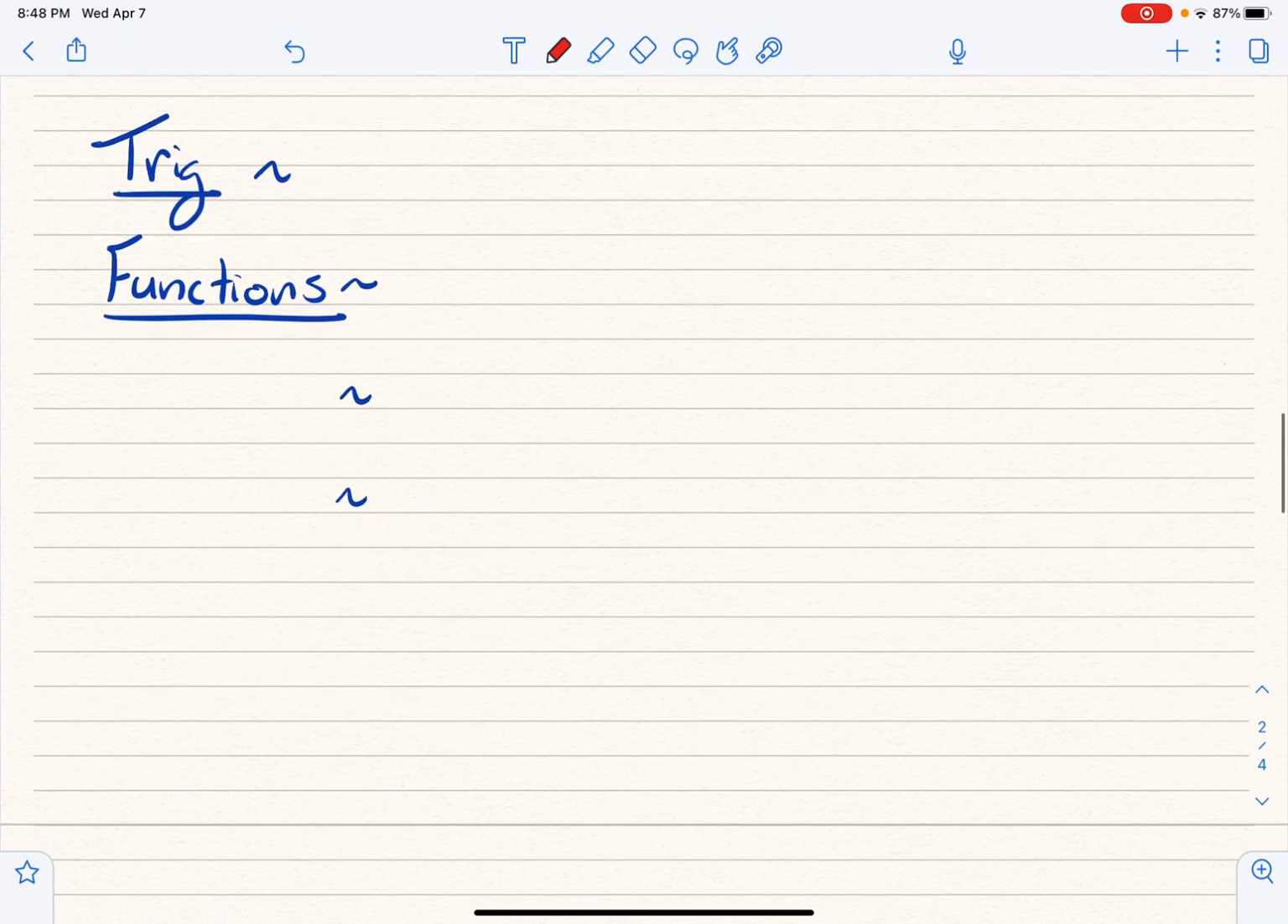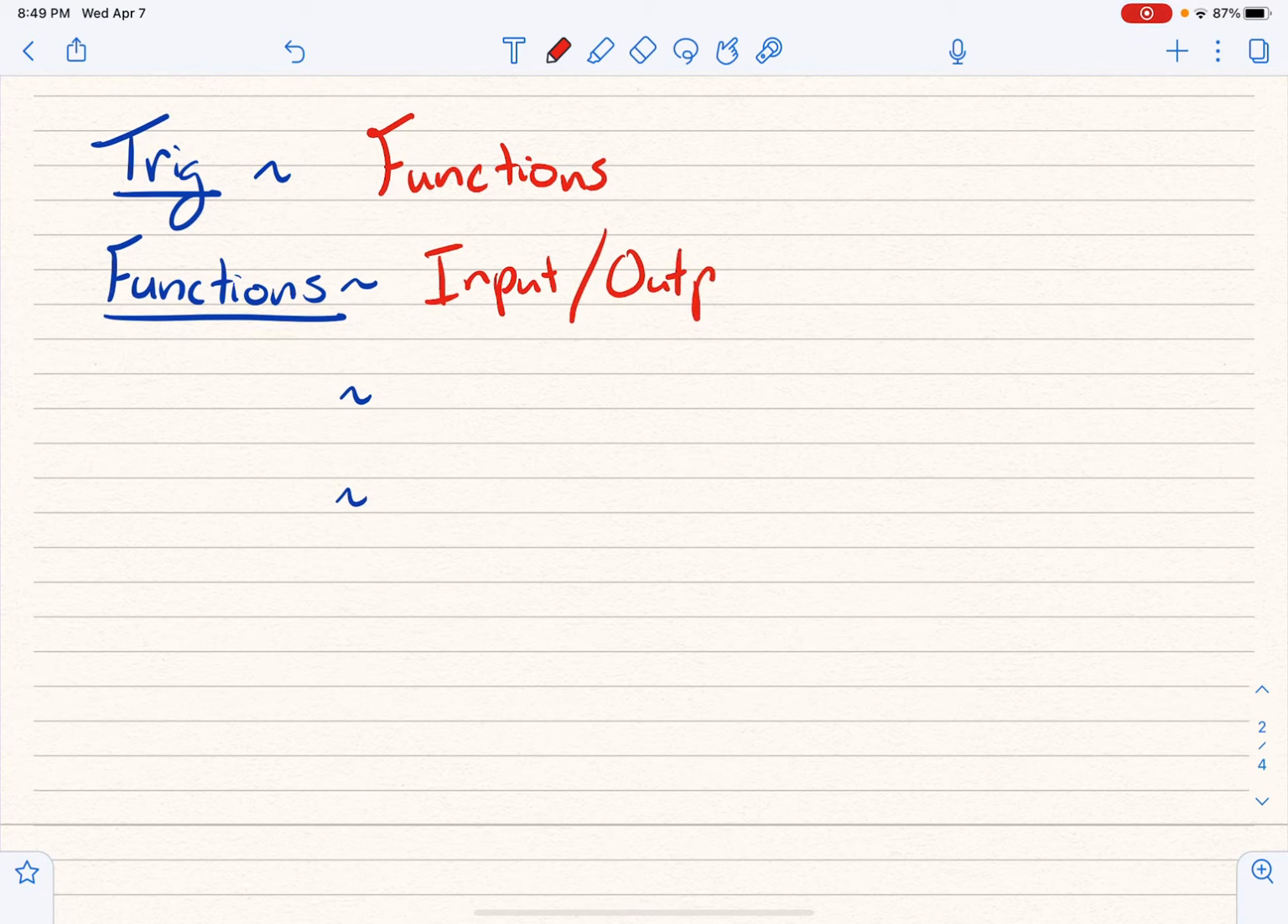All right, so here's what we're doing. We're going to talk about trig. And remember, we said that trig is all about functions, and functions ultimately are all about this input-output relationship. So we talked about and even labeled what the input of every trig function was, and it was the measure of an angle. Okay? And the output